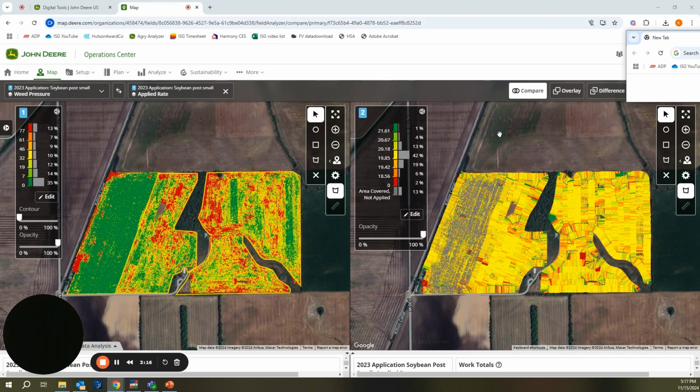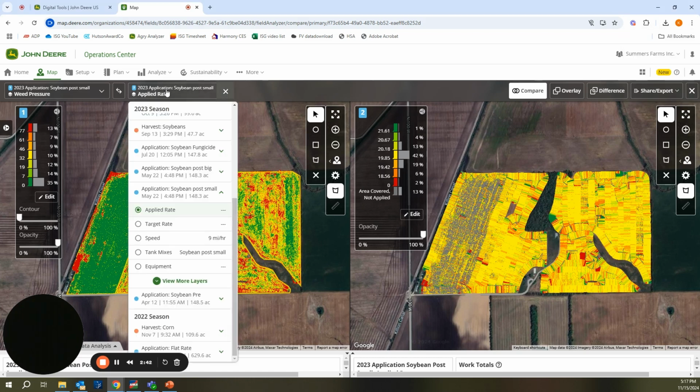So the boom itself was staying on. And in that case, where you see that boom staying on and it's spraying fairly consistently across the majority of the field, this is a situation where we would recommend actually turning the See and Spray technology off, because you're going to be better in the long run keeping that sprayer running and broadcasting across that field as heavy as the weed pressure was. But again, always make sure you go back, look at these side-by-side